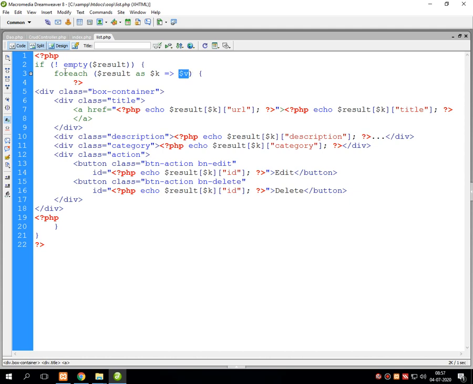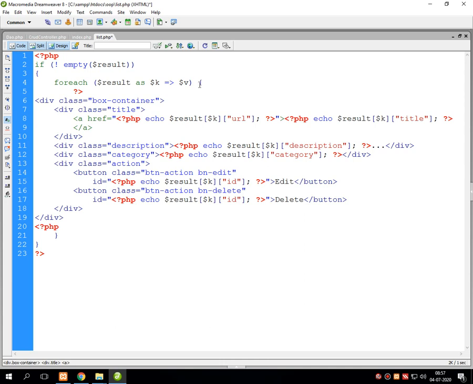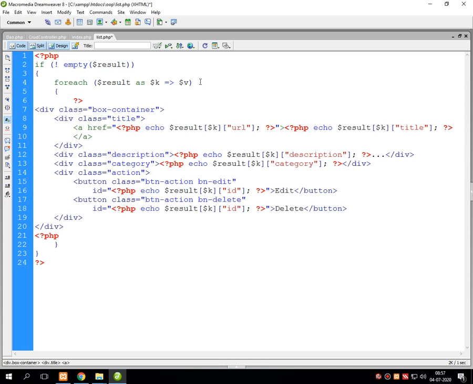Now what is the purpose of this particular line of code? The purpose is to check how many records are present inside the database table called tb_link, and if there are multiple records, that is more than one record, this foreach loop will display all the records.